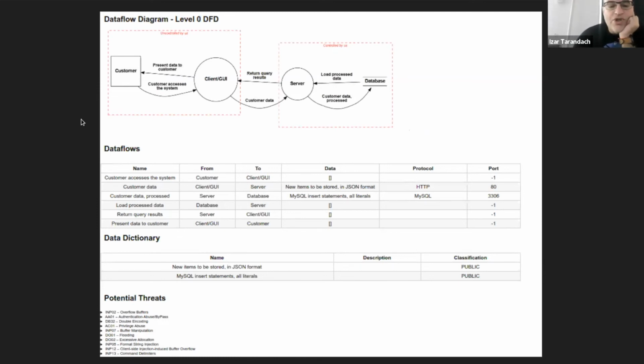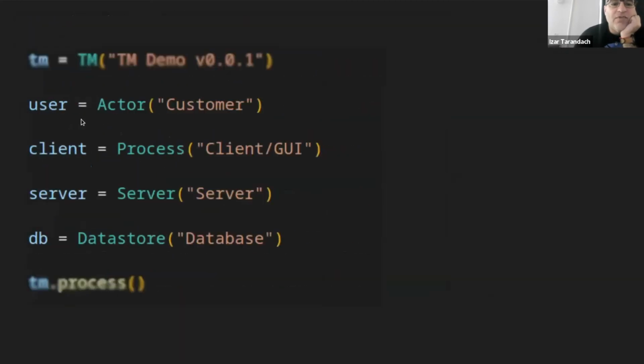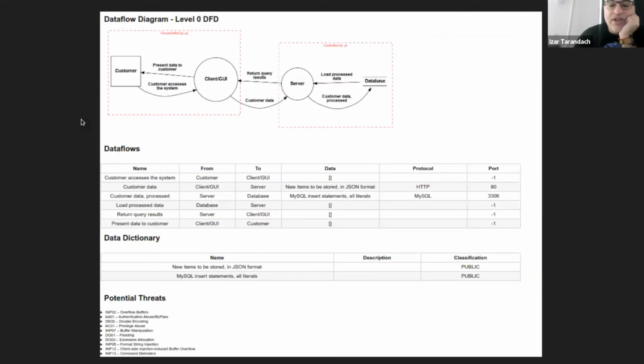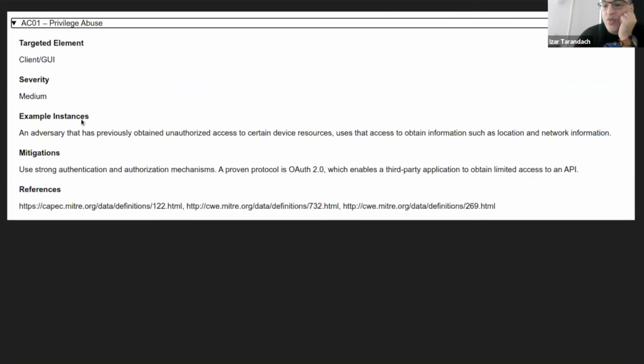So we know which element that threat refers to. And if we go back here, we see that it was that process that was represented as a client. So it's very easy to relate each threat to what it represents, both visually and back into code.